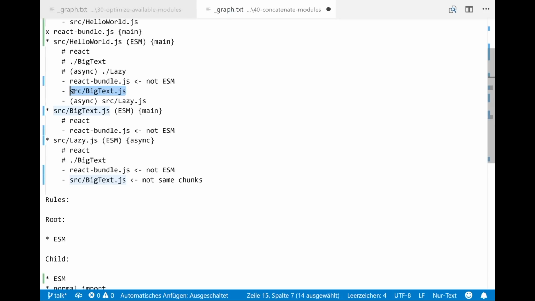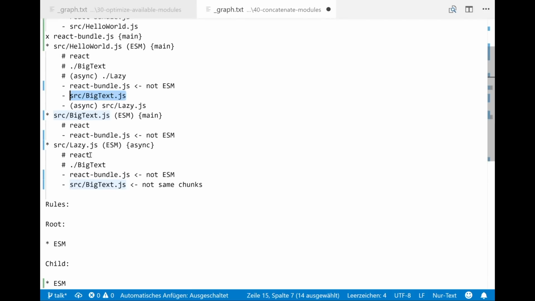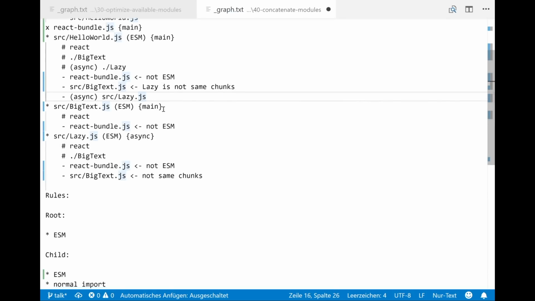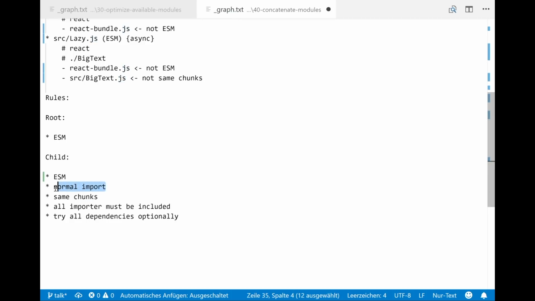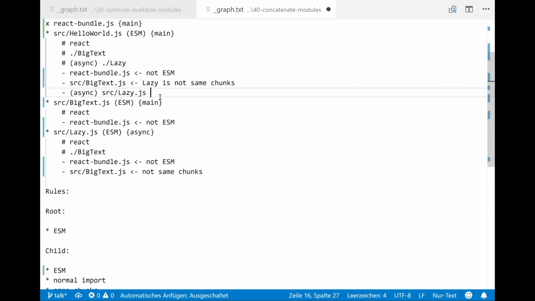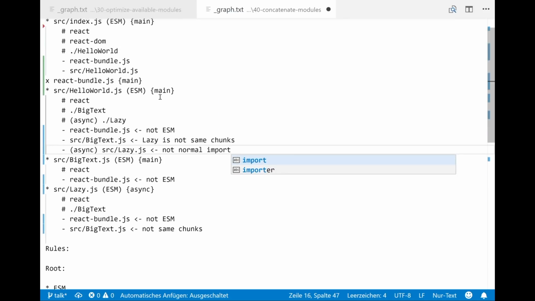So does it work for this? We have to include lazy to make this true, but this doesn't work because lazy is not in the same chunks. And here's an async import, but it must be a normal import, so this doesn't work either, not a normal import. Okay, this doesn't work because it's not ESM.